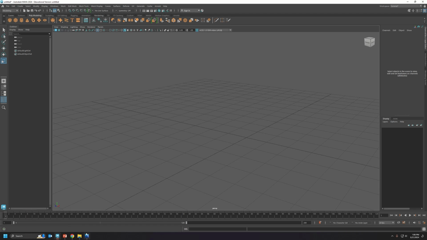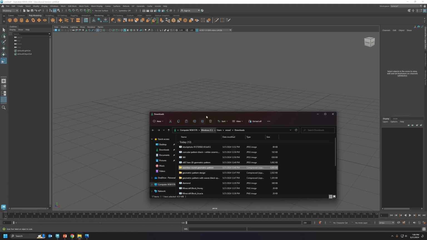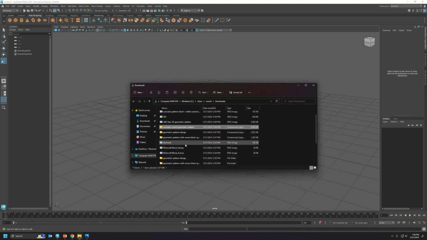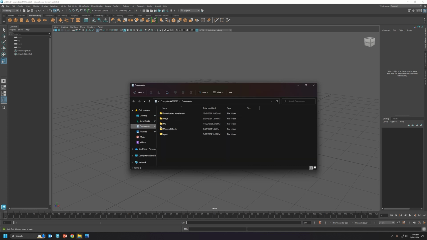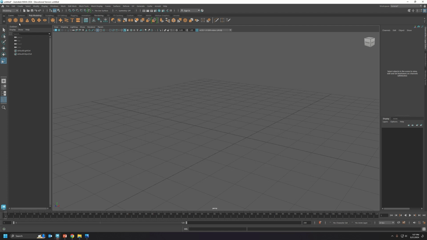So now we are going to do Minecraft blocks. I already pre-downloaded some of the stuff. So I'm going to take these diamond and I'm going to copy documents and I'm going to save them into my source images because that is where I need them. Okay, so I'm going to add my cube